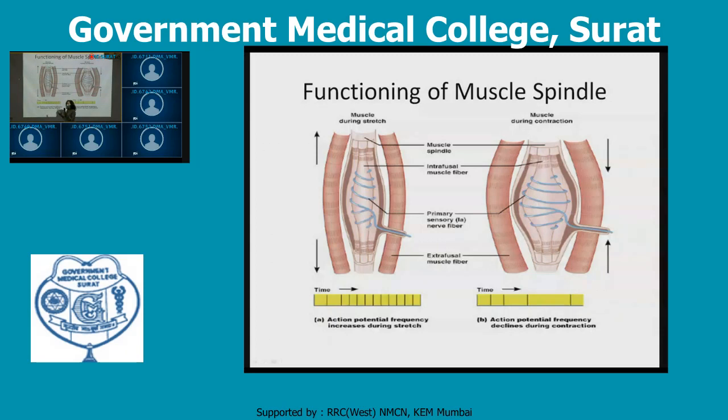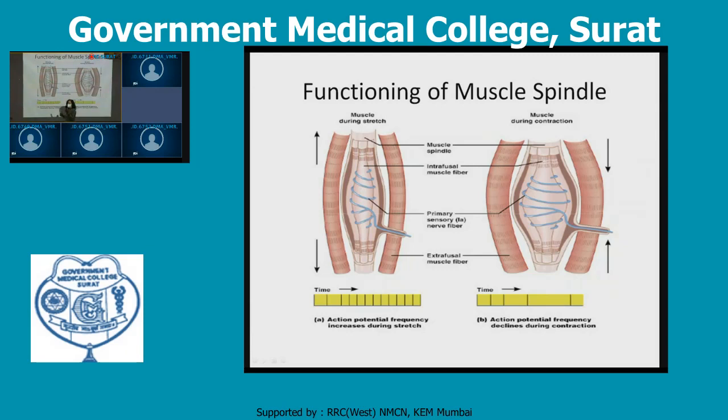And another is reinforcement. Reinforcement is also known as the Jendrassik maneuver. That is, if we clench our teeth or pull our fingers like this, that is known as reinforcement. And this reinforcement also increases the gamma motor neuron discharge.